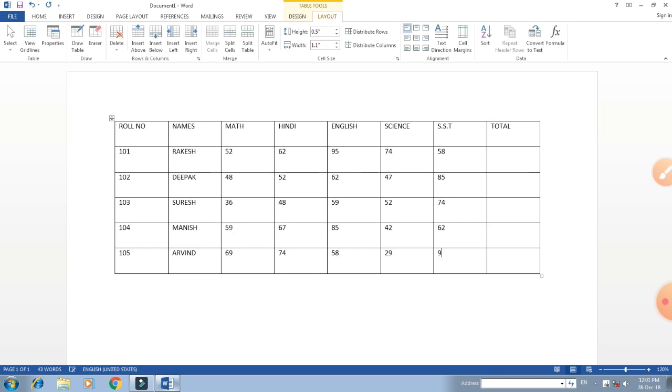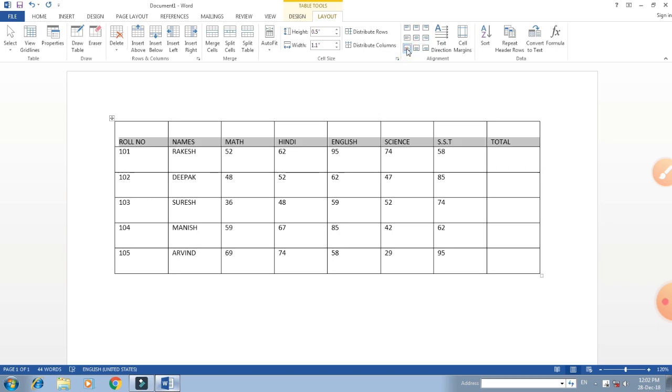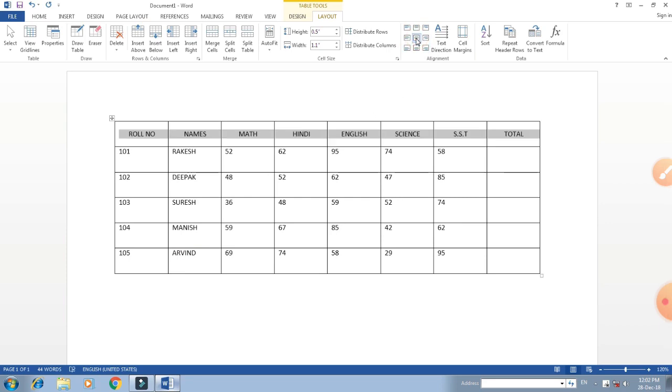So as we have put in the data, now if we want to format, like cell alignment, as you know the alignment is not equal, so we click on Layout and find the cell alignment options: top left, center and right, center left, center and right, and bottom left, center and right. So students, here you can find the nine alignments related to the cell.